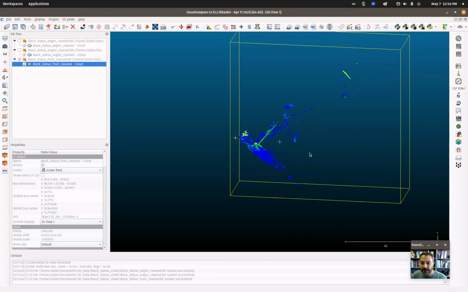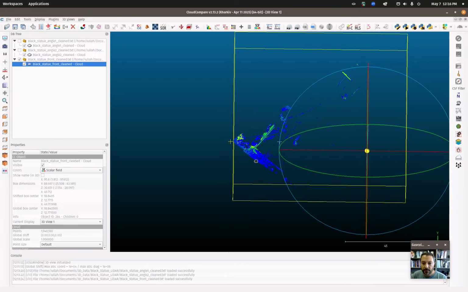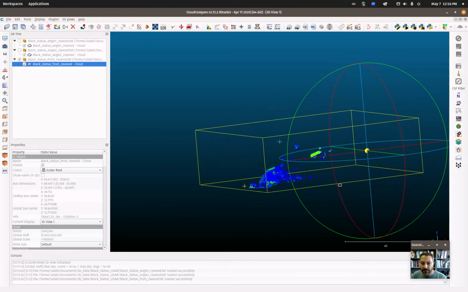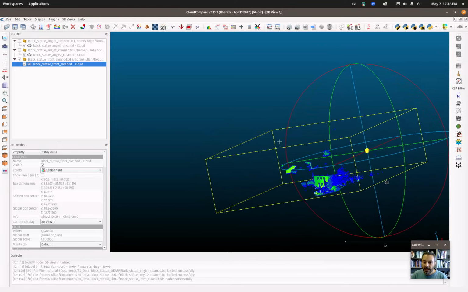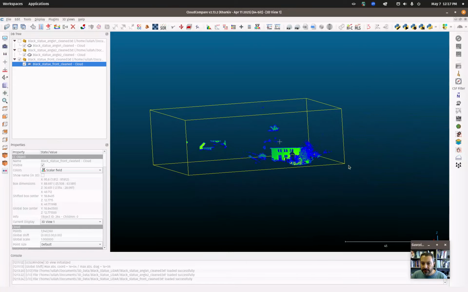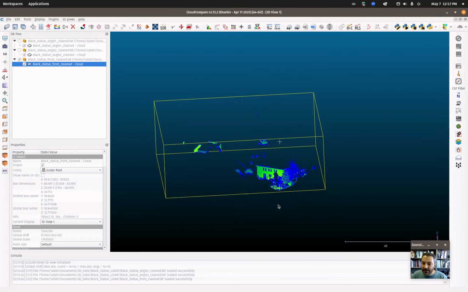We have the center of the screen, but we also have the center of rotation. To make our lives a little bit easier, what I want to do is to put this into an orientation that is a little bit easier to see. So by default we were looking kind of straight down at it, but now if I turn it this way and I reorient it so it's sort of in the middle, you can basically see from the perspective of where we were standing